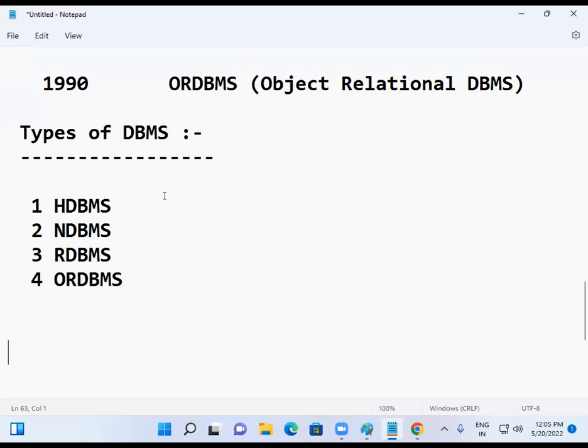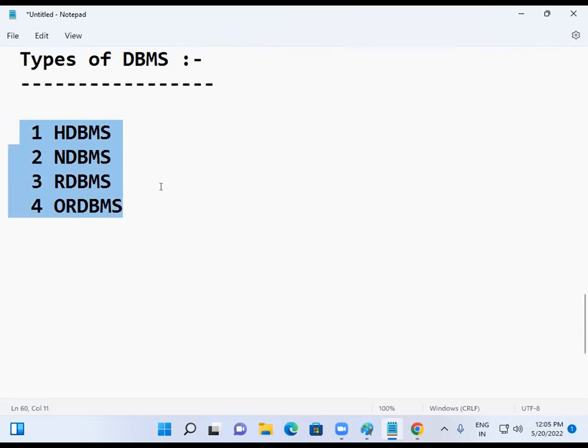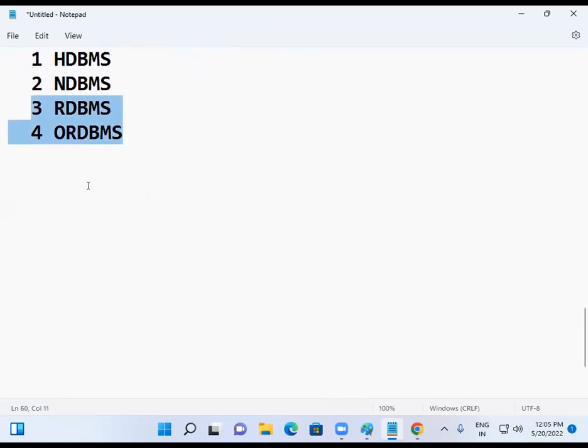But sir, remember one thing, whether it is HDBMS or NDBMS or RDBMS or secondary. What is a database? What is DBMS? Database is storage. DBMS is a software to manage the database. So the DBMS are classified into 4 types. But the systems are outdated, no need to discuss. What we need are relational and object relational.